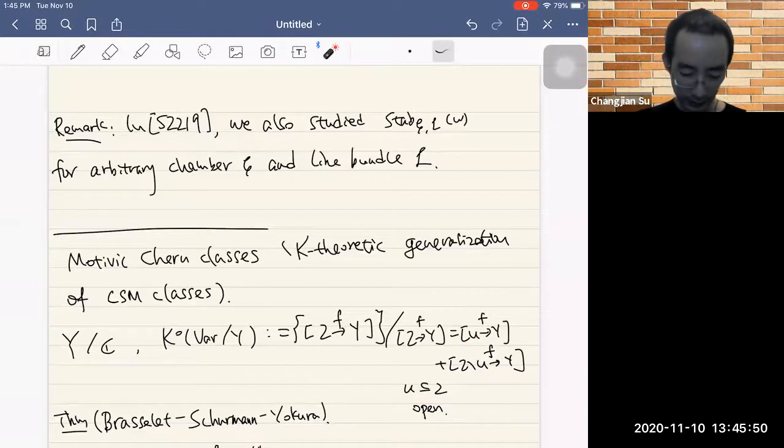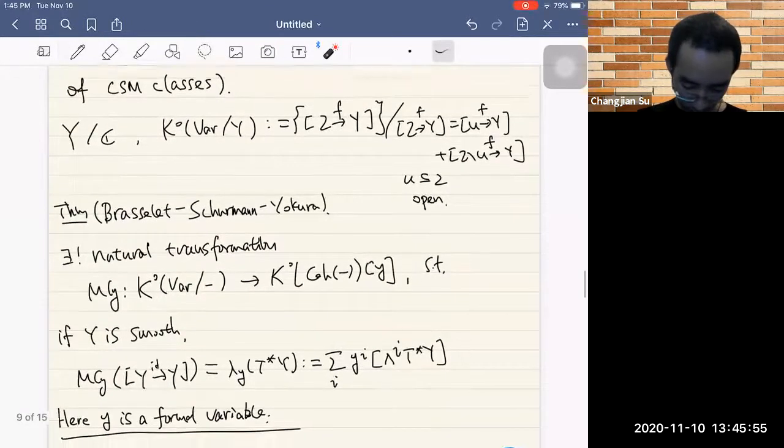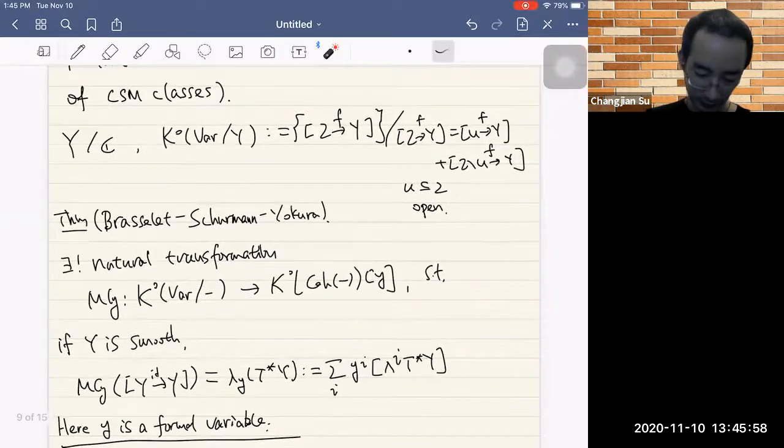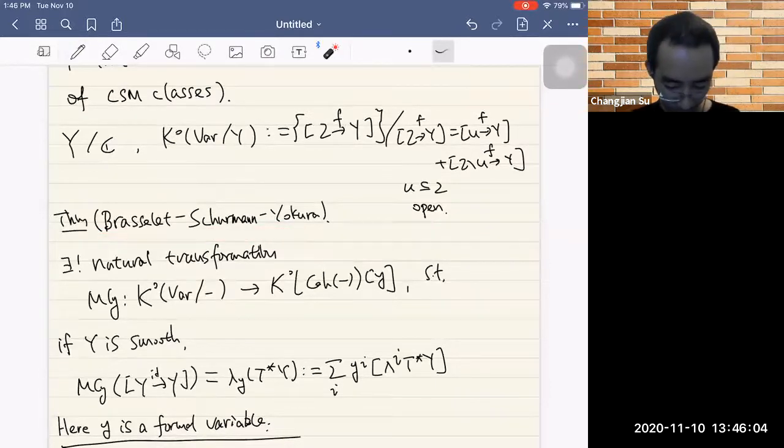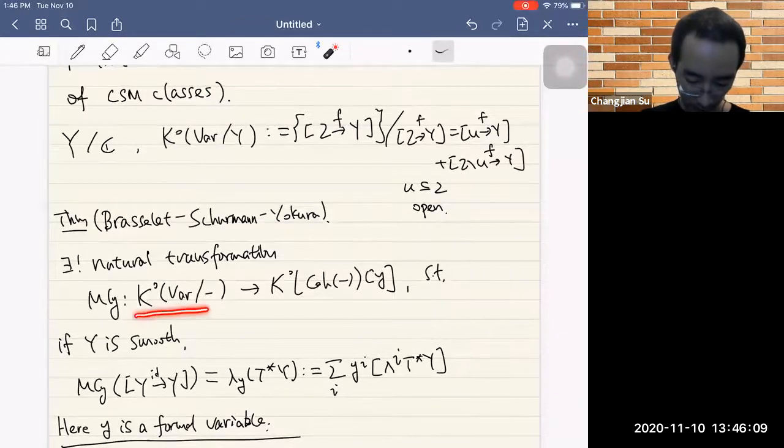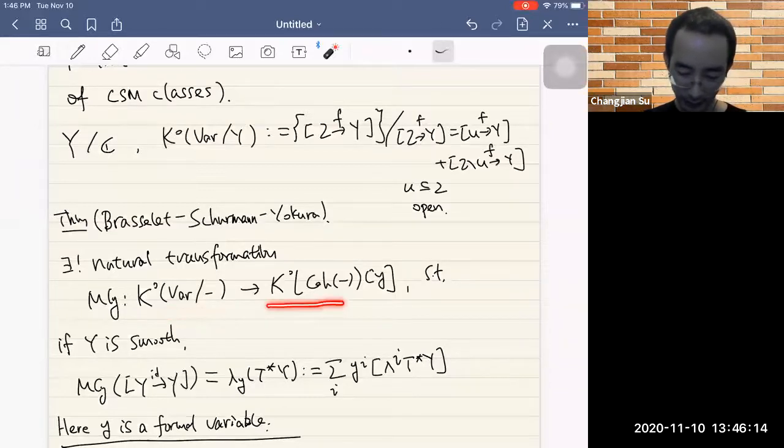And the other functor is just the K-theory functor. This generalization is due to Brasselet, Schürmann, and Yokura. Their theorem says the following. We have this Grothendieck group of relative varieties functor, and we have this K-theory functor. Then their theorem says there exists a natural transformation denoted by MC_y. Here y is a formal variable, so in the target we are adjoining this formal variable y,